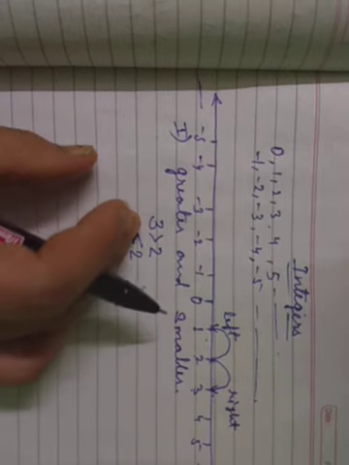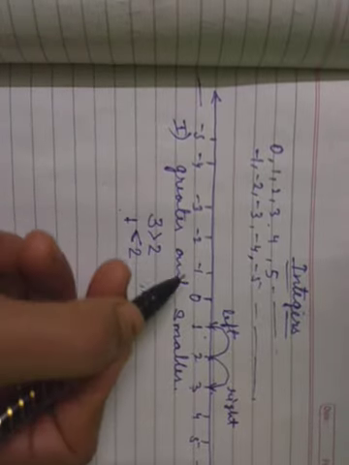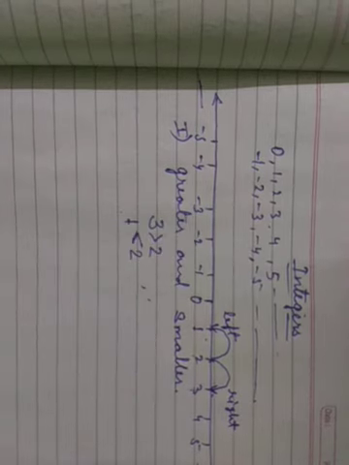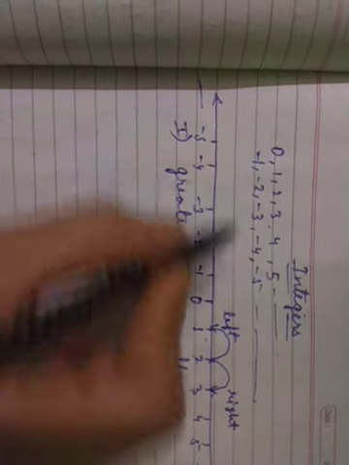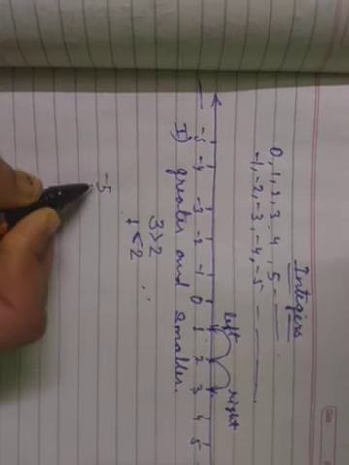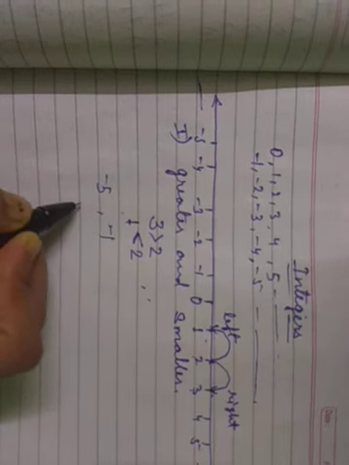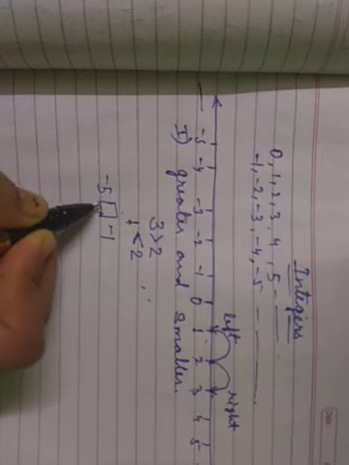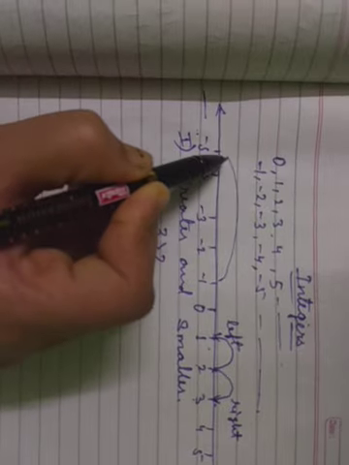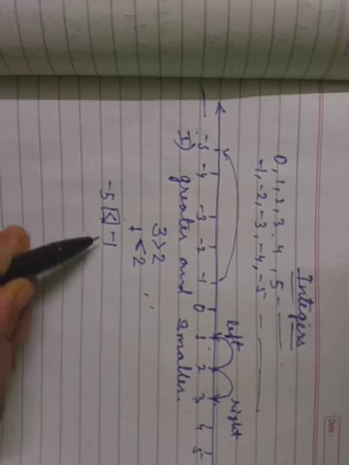This formula you always follow and you can answer which one is greater and which one is smaller. The similar formula you can apply to negative numbers also. This formula applies on the whole number line. Let's see, if anyone asks you -5 and -1, which one is greater and which one is smaller? Then see, -5 is given on the left side of -1. So this will be smaller than -1. Is it clear?